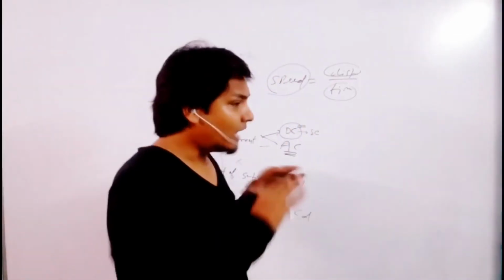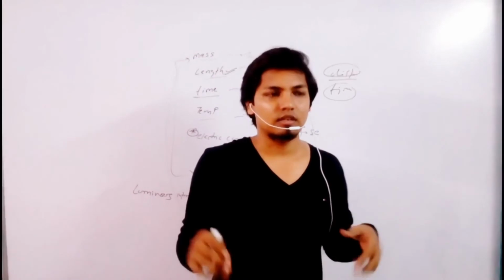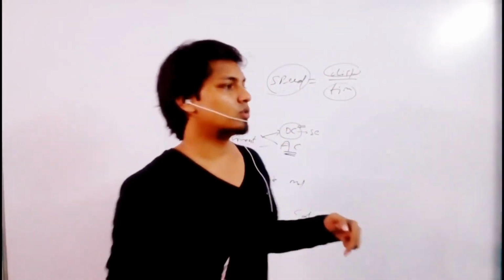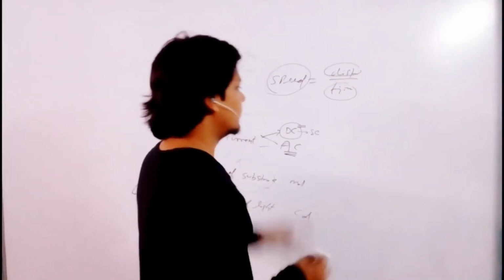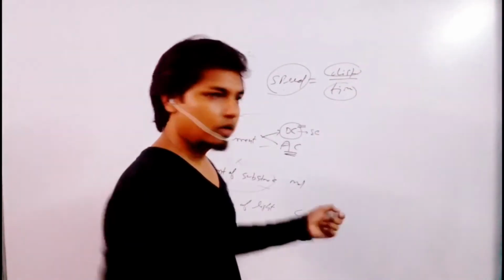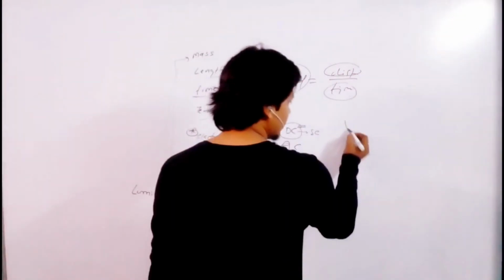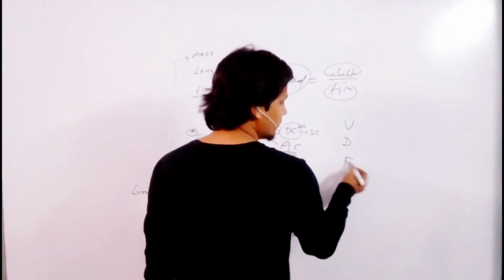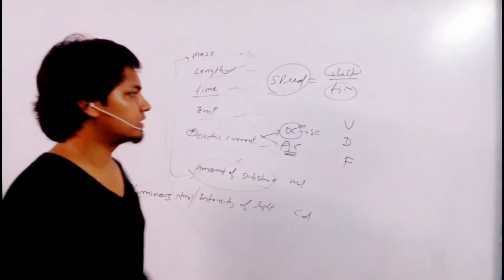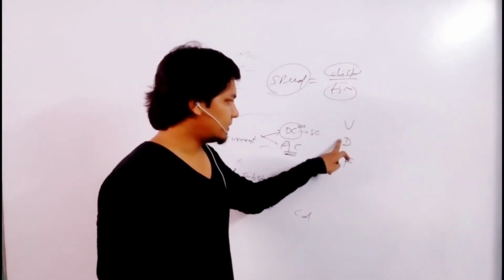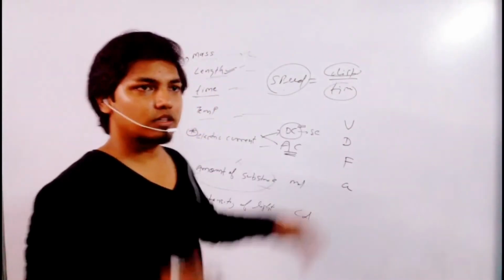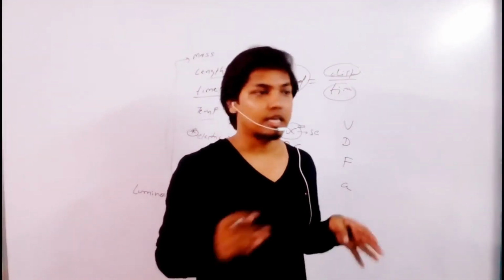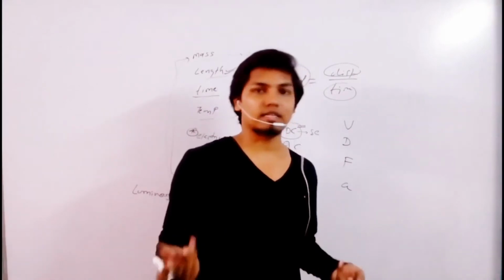And one more thing, we can't discuss like this on every vector quantity. So we have some basic tools to understand. First, go through some basic vector quantities like velocity, displacement, force, acceleration. If you are okay with four, five, six, seven basic quantities, then for a new quantity you can guess whether it is scalar or vector.